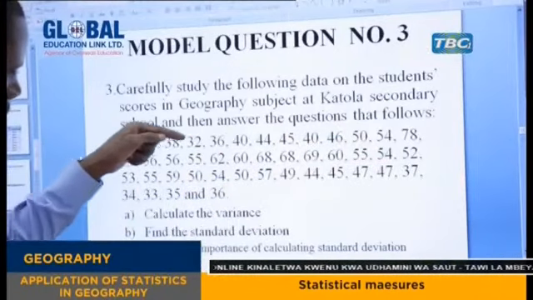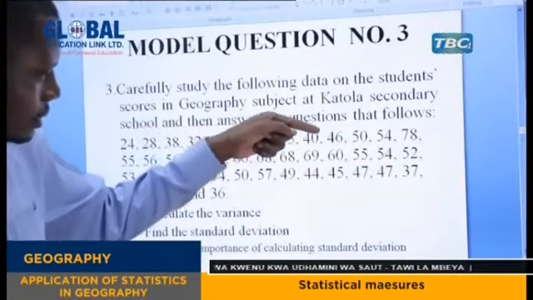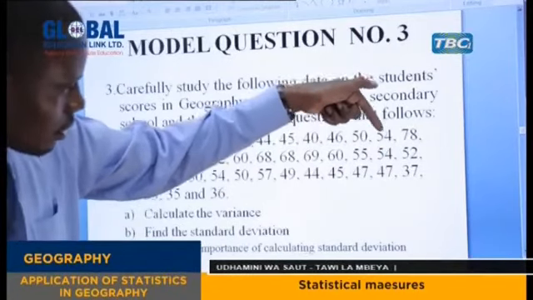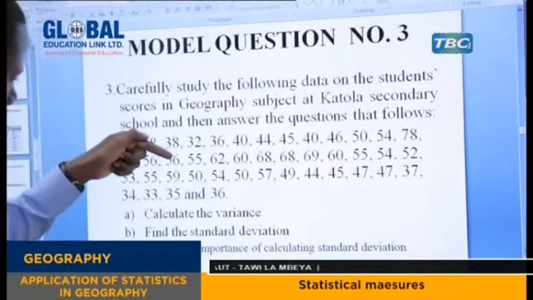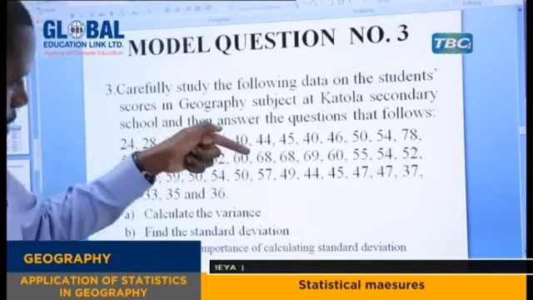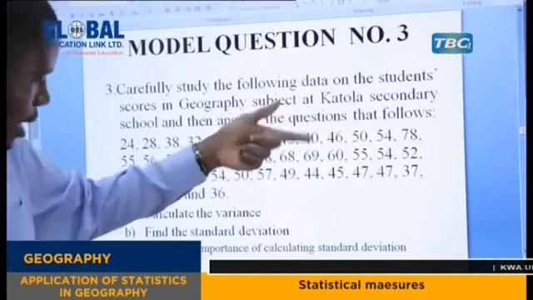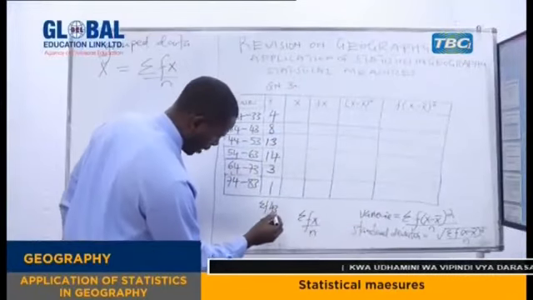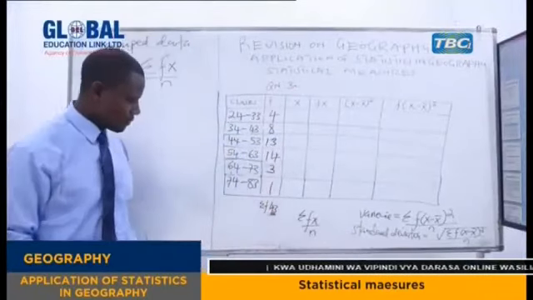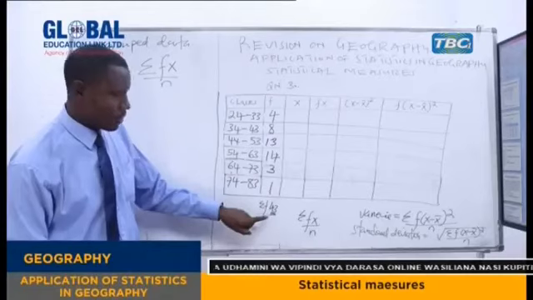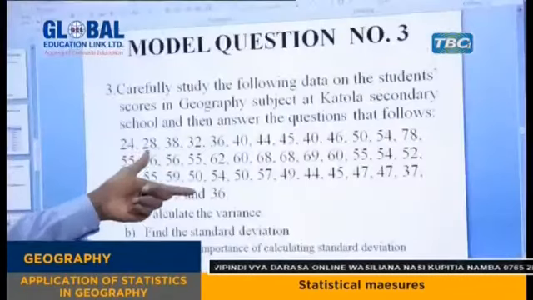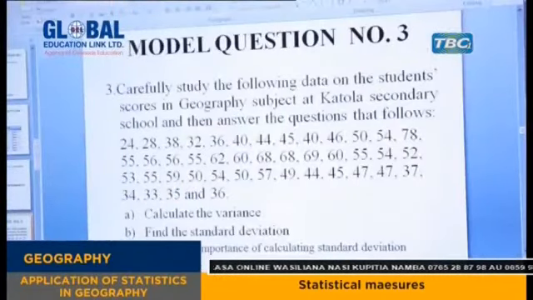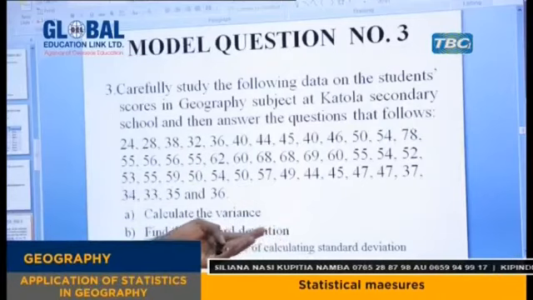So you count 1, 2, 3, 4, 5, 6, 7, 8, 9, 10, 11, 12, 13, 14, up to the end. Then you come up with a total of 43. So there are 43. The frequencies, if you do not get 43 according to the number of students in the class, it means there is a problem somewhere. But because we have 43 students and we have their score, therefore we say we are correct